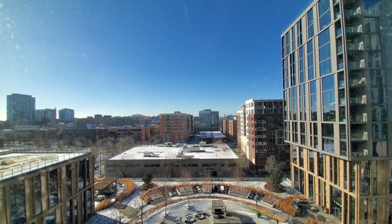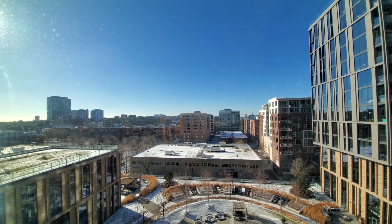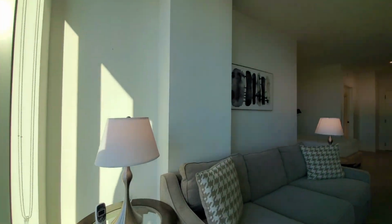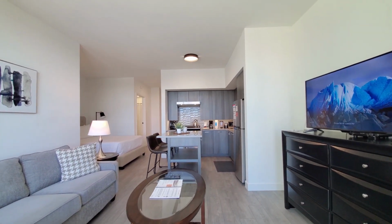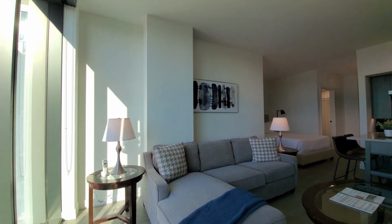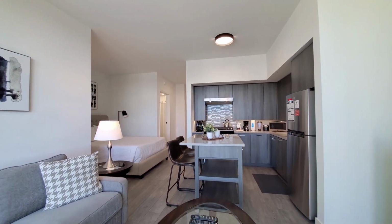In the south tower, looking out through floor-to-ceiling windows with roller shades over the pool deck, and Mary Barthelme Park right across the street. Turning into an open-plan living dining kitchen area, high ceilings, plank flooring extending throughout the apartment, comfortable furnishings, large screen TV above a chest of drawers, looking at an L-shaped kitchen,